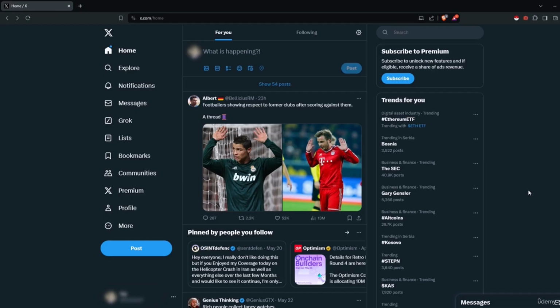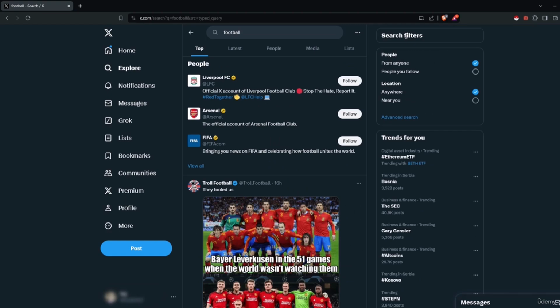So let's get going. When you are logged in, your user interface should look somewhat like this. It is similar to any other social media where you can just scroll through the timeline and that you have the For You page, and on the right you have the following timeline. However, our topic of interest is the search bar. So let's just do a sample query of football